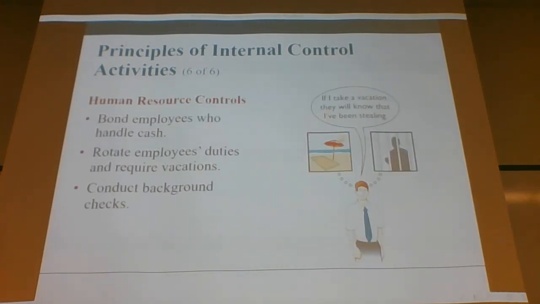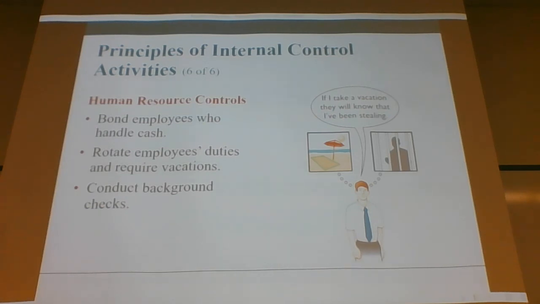Okay? And then last but not least, we have human resource controls, which would include bonding or insuring employees who handle cash, rotating employee duties. This is important for a couple of reasons. We don't want employees getting so capable of something that they're the only ones that know how to do it, and especially because they could die, and then we need somebody else to know how to do it. Requiring vacations,